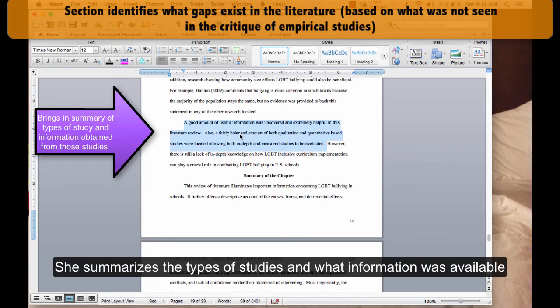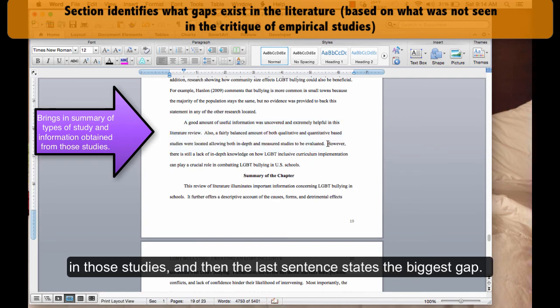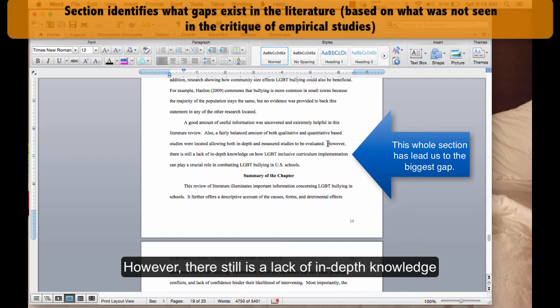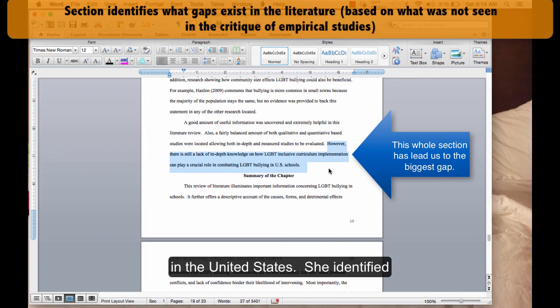She summarizes the types of studies and what information was available in those studies, and then the last sentence states the biggest gap. However, there still is a lack of in-depth knowledge on how LGBT inclusive curriculum implementation can play a crucial role in combating LGBT bullying in the United States.